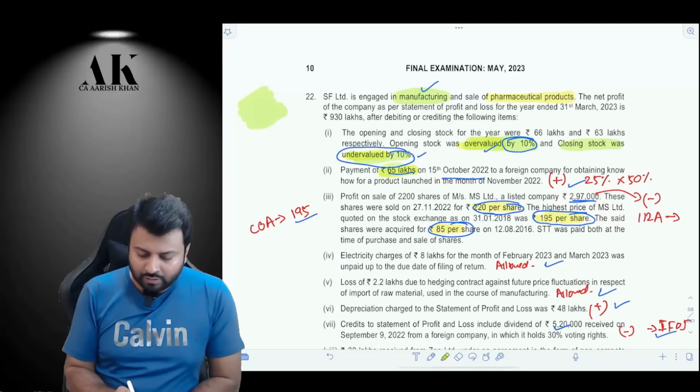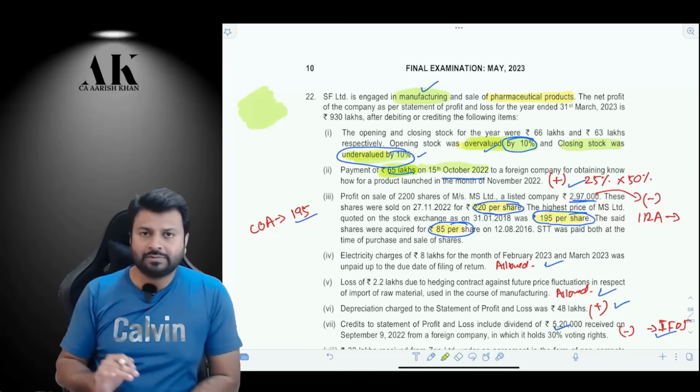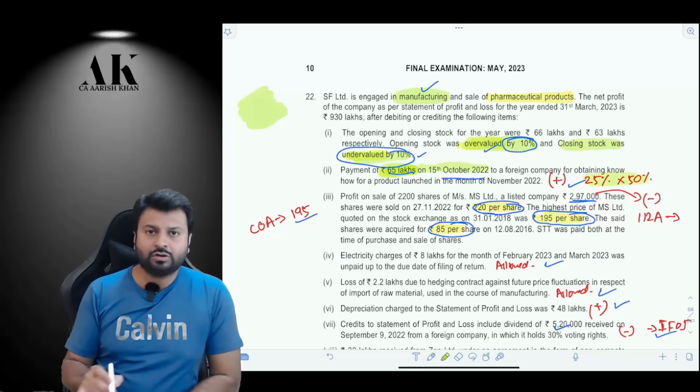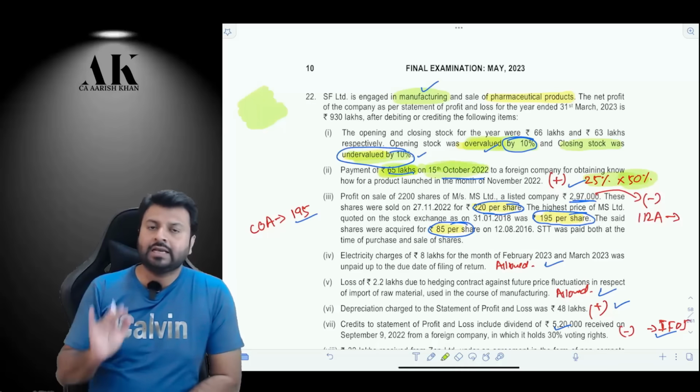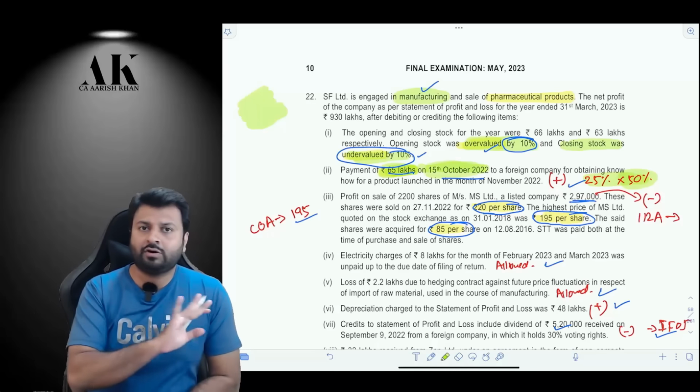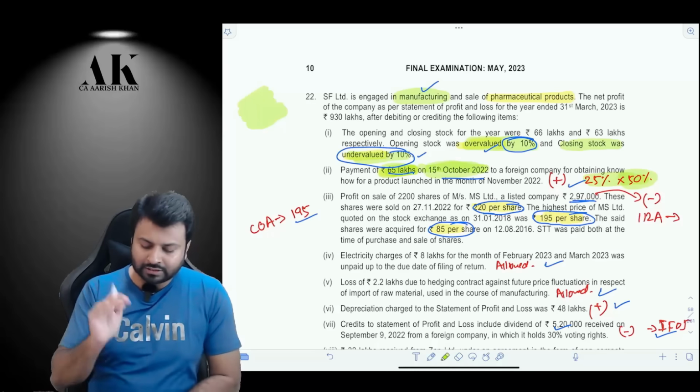Okay. Next, you are buying some intangible assets of 65 lakhs on 15th October. So you have to add back this intangible asset and you have to take 25% depreciation on that. That too you have to take 50% of that, because it is used for less than 180 days. Intangible assets are subject to depreciation. They cannot be directly deducted from the P&L account. Okay, so that's what I'm doing over here.